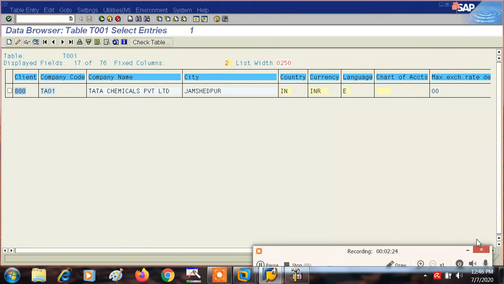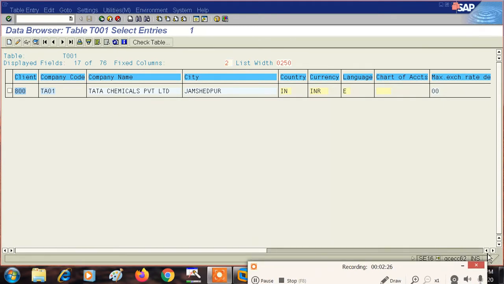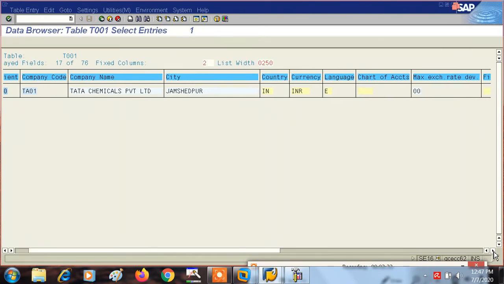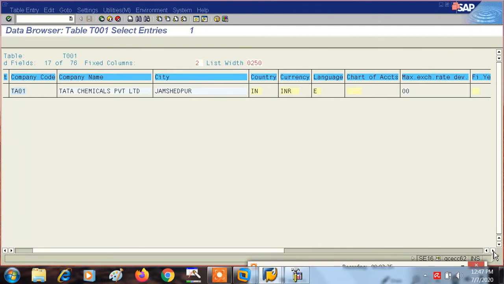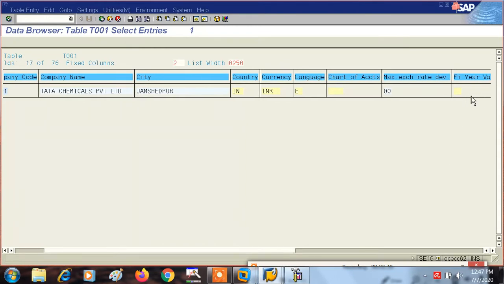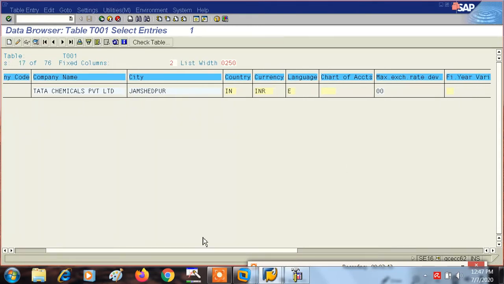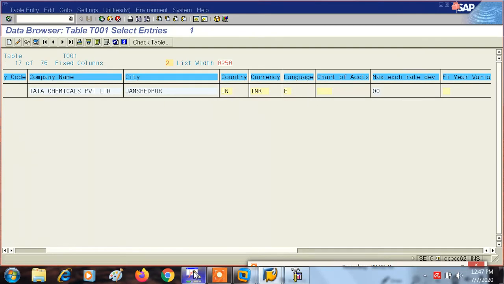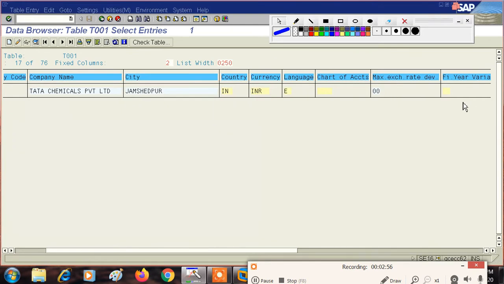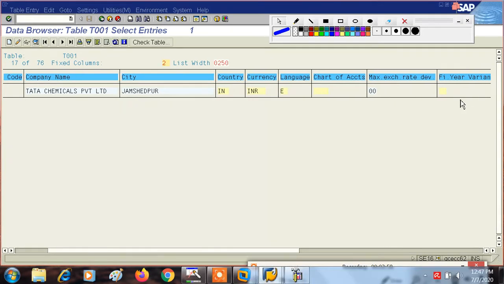See, let it scroll. See here, this is fiscal year variant. So this is our fiscal year variant, but here fiscal year variant has not been updated. Why?